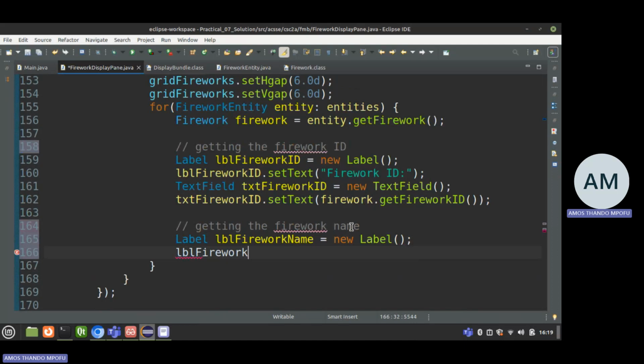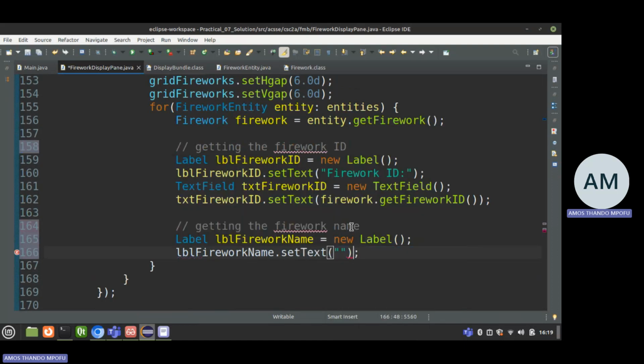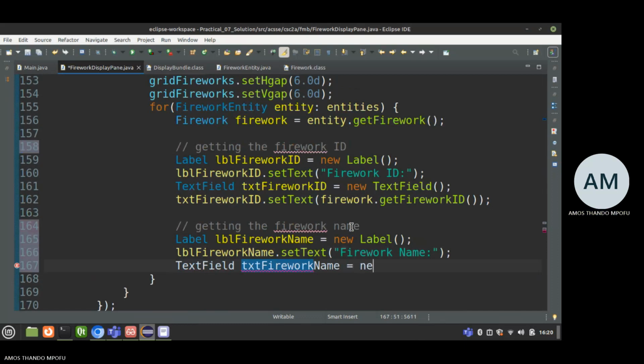LBL firework name dot set text, and then the text should be firework name, and then the text field for displaying the information, txt firework name is equal to new text field,